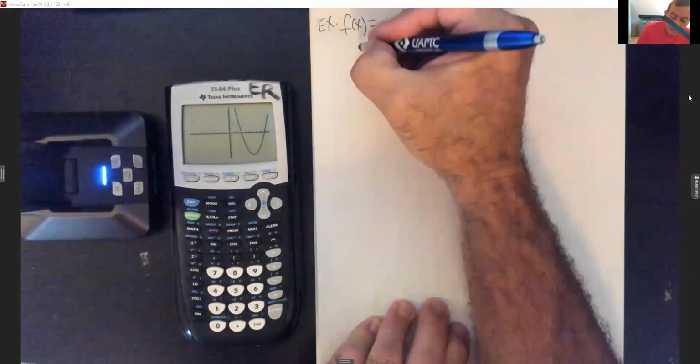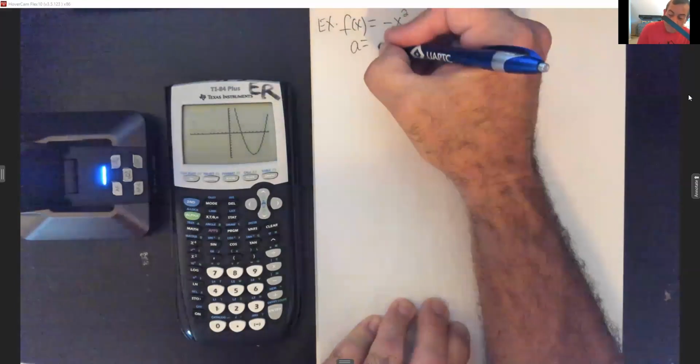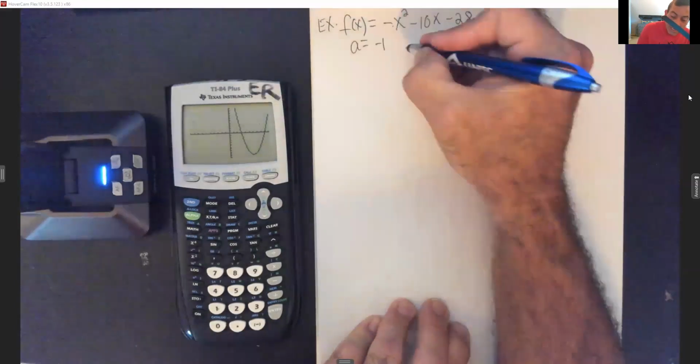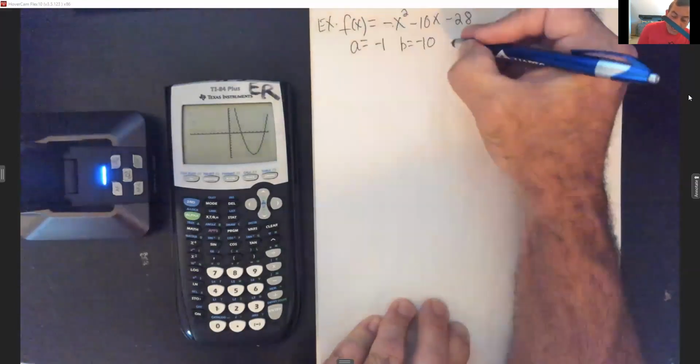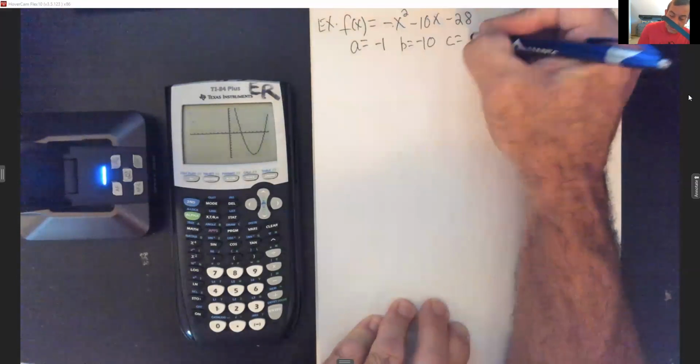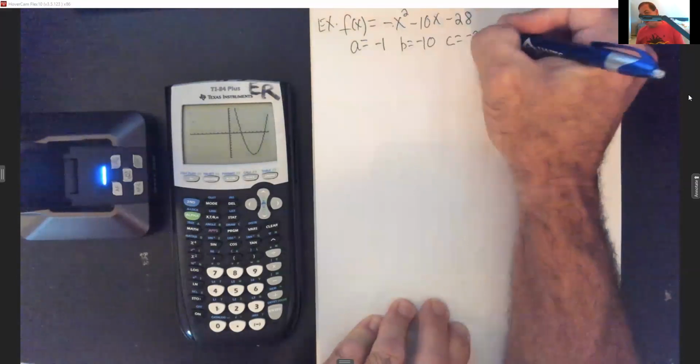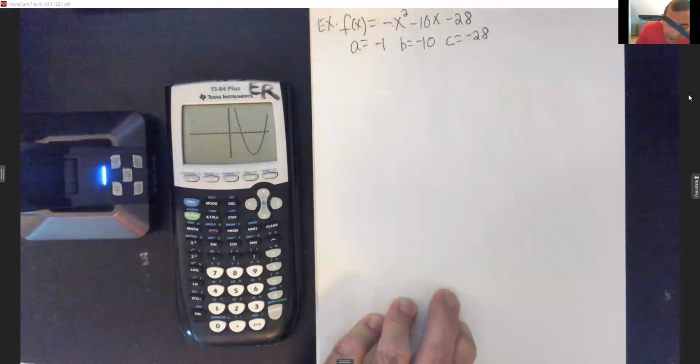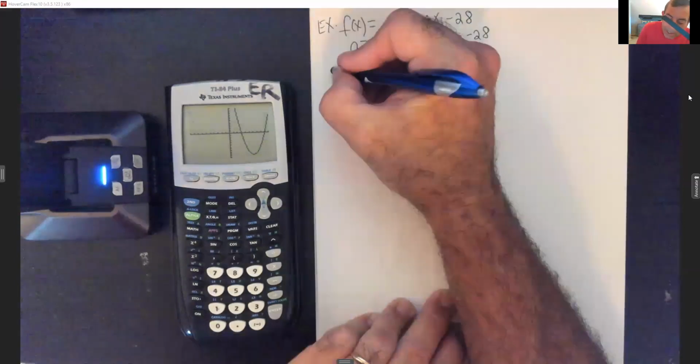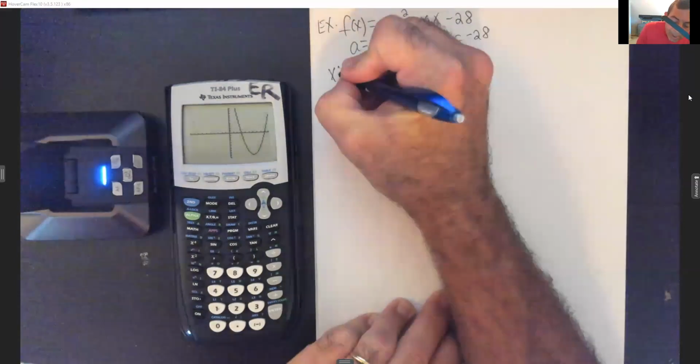So y'all notice this time A is -1, B is -10, and C is -28. So we want to go in and get our x coordinate first, and we said x was always -b